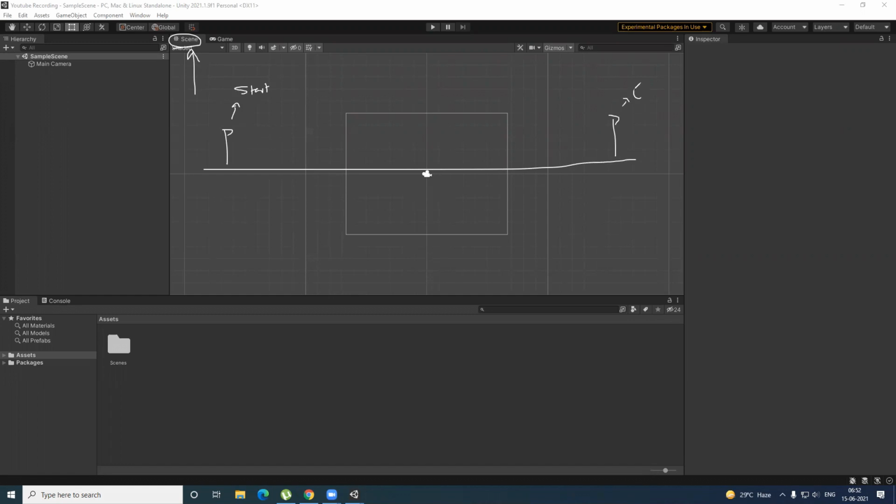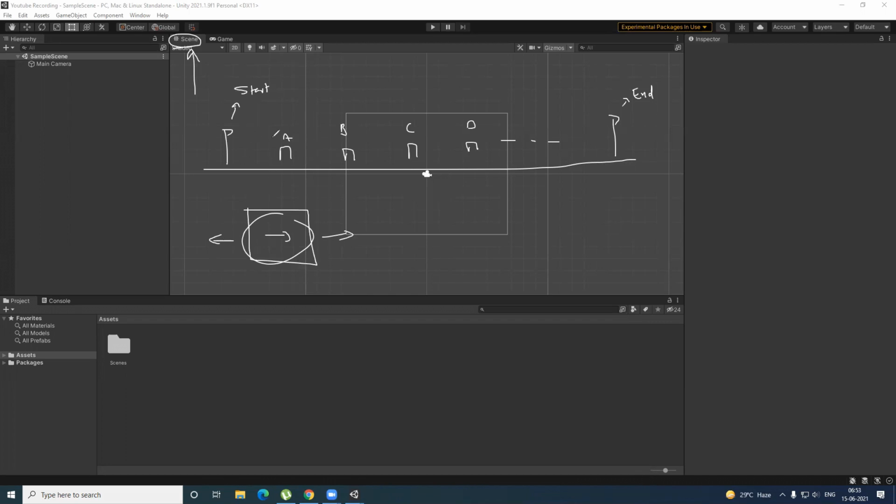Let's say this is the end, and you have multiple things to do in between, like A, B, C, D, and so on. And the camera moves along with you, like in Mario, if you have seen, or in any other platformer. You cannot see the things ahead of the camera. The things that are visible are only inside the camera, right? So these are the platformer games.